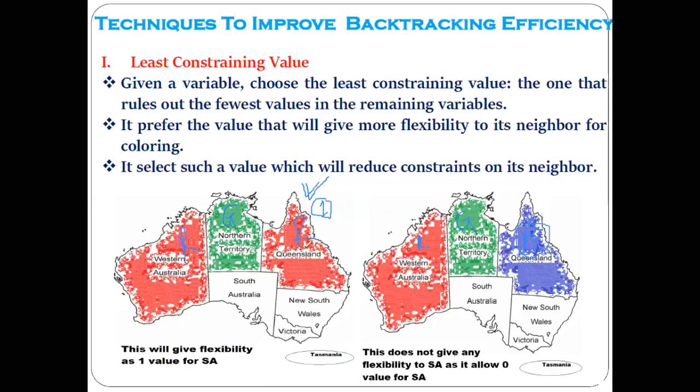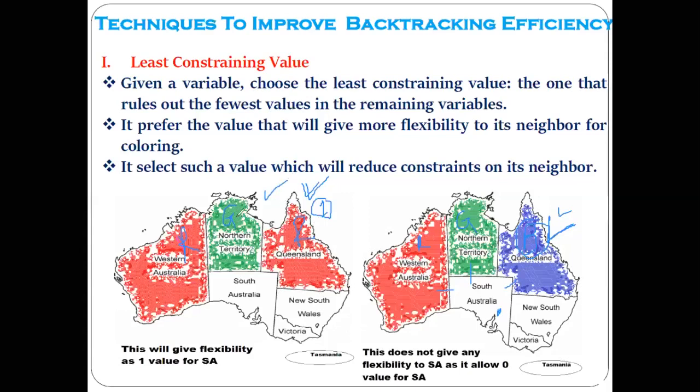Okay. Now, when you have chosen the blue color here, can you tell me, is there any color which you can give to this region? Is it possible? No, because it is surrounded by all these regions, and you have utilized the three colors. If you try to utilize red here, it gets a conflict. If you try green here, it gets a conflict. If you try blue here, it also gets a conflict.